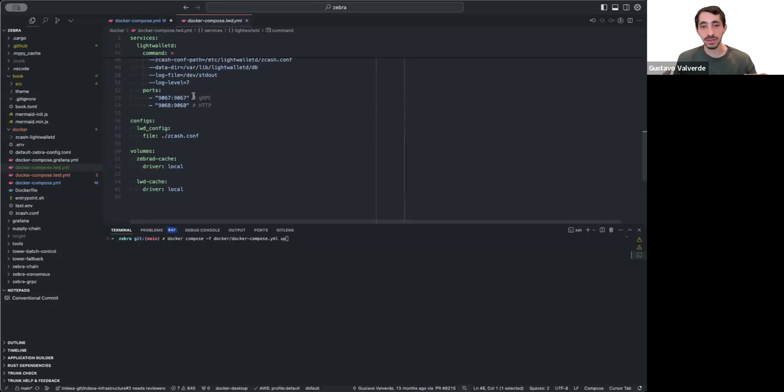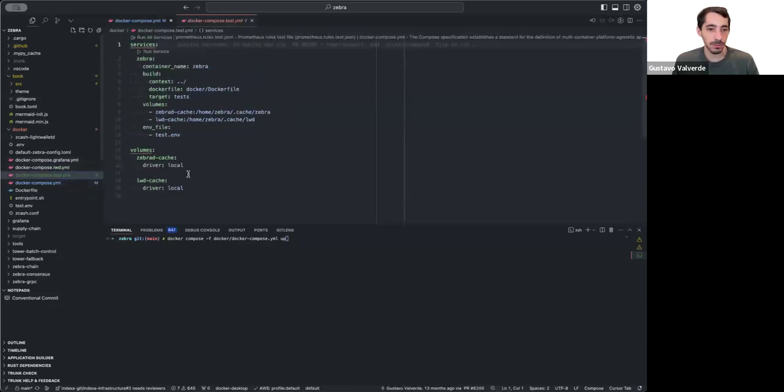So these are basically for testing to make things easier, but in some sense they are not meant to be used in production. Okay, that might be something that we'll have to think about later on. And also for testing, some people might like to run Zebra for testing purposes, and in that specific use